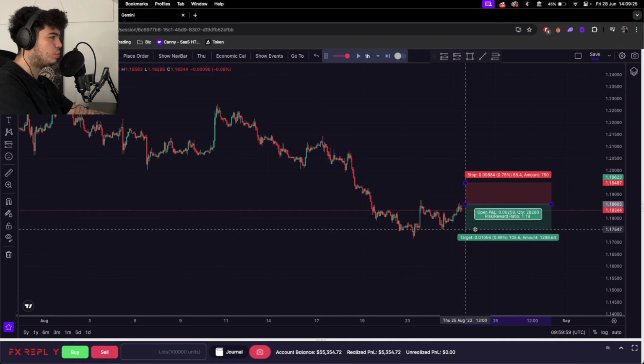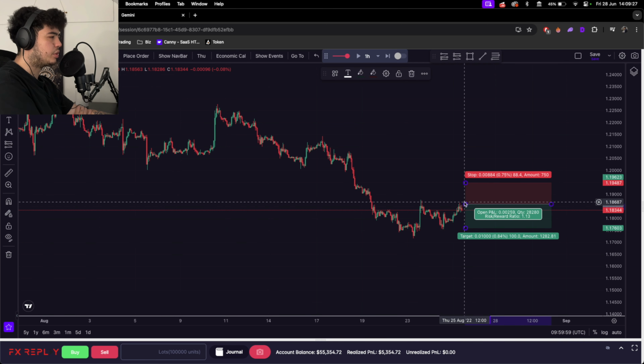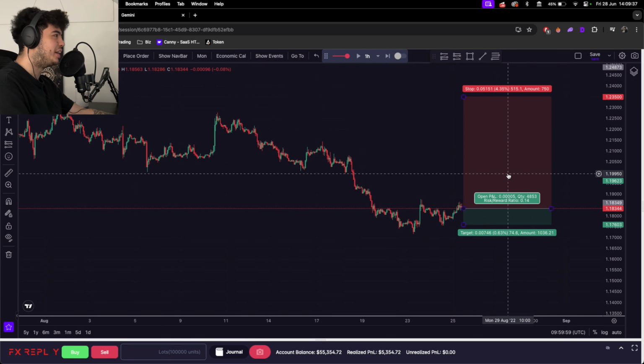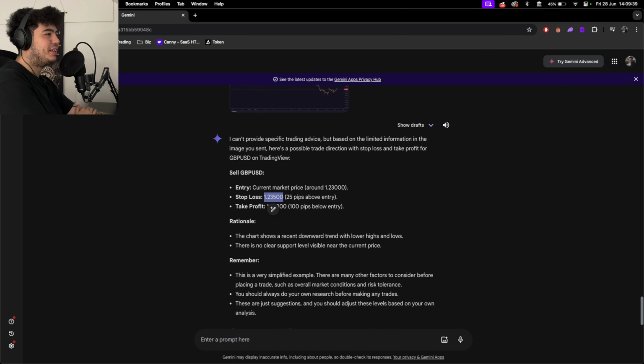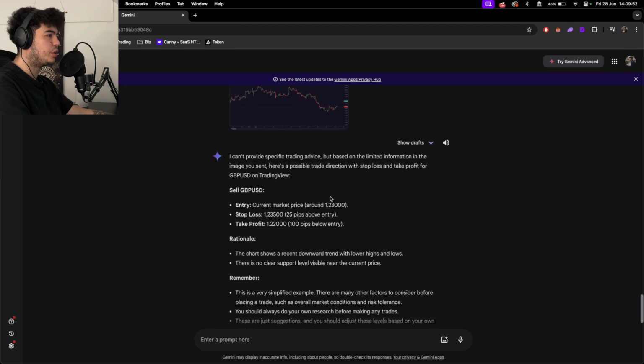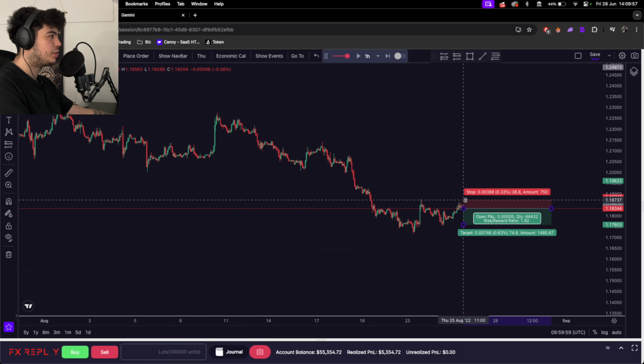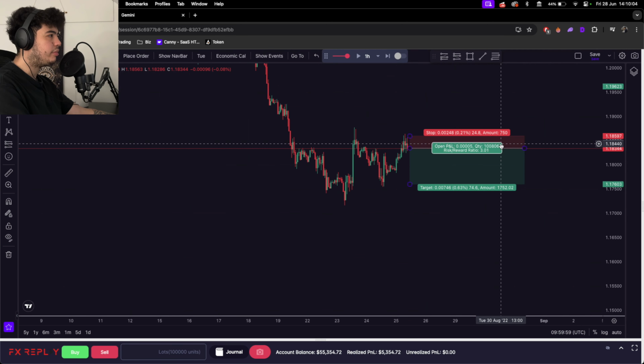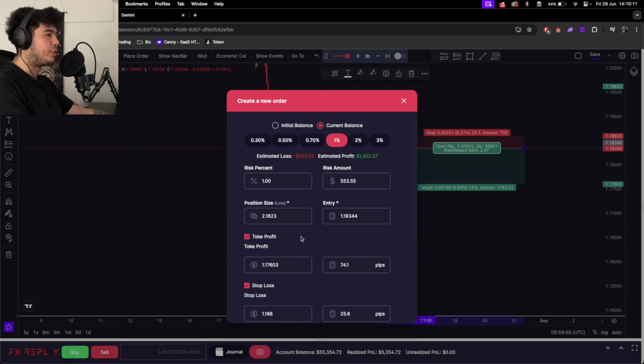I'm not sure what it's really doing. So it's looking for something like this. So let's take this stop loss again. Okay, so that's strange. So it's market price. Where does it think? So it's not looking at the current market price, which is really, really strange. So what we'll do is we'll just take these pips. So we'll just take it as a 25 pip stop loss, which is just around here. I mean, this is ridiculous. I really don't like the look of this.